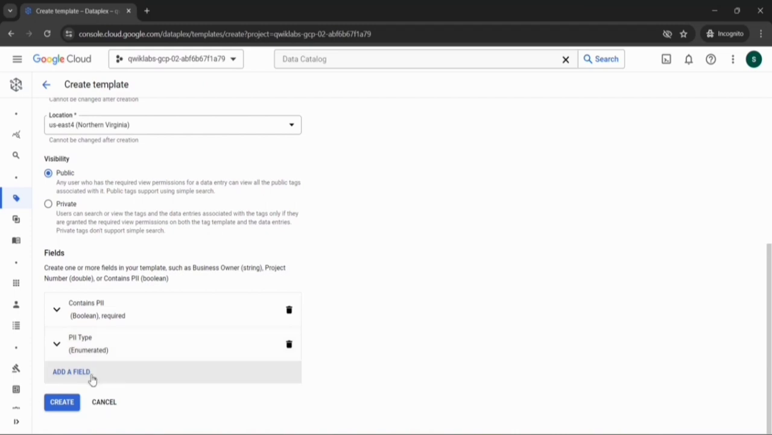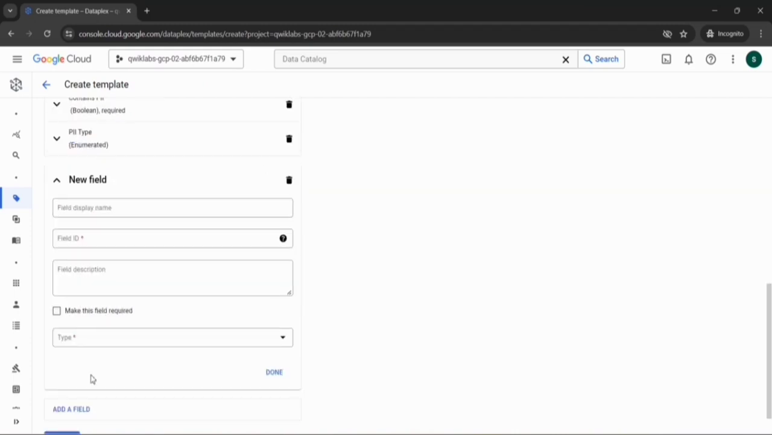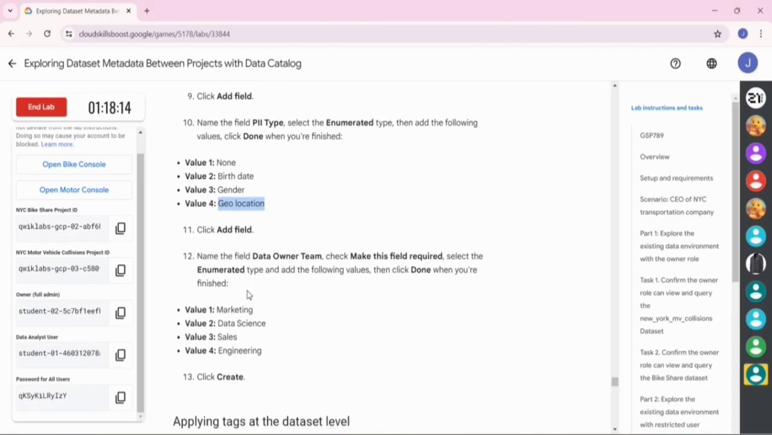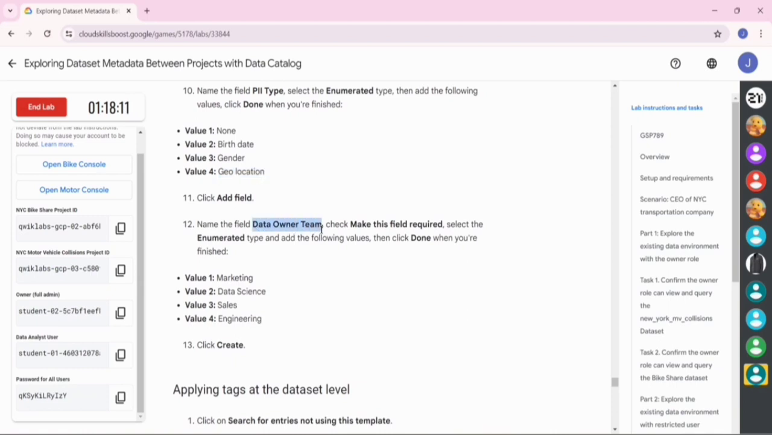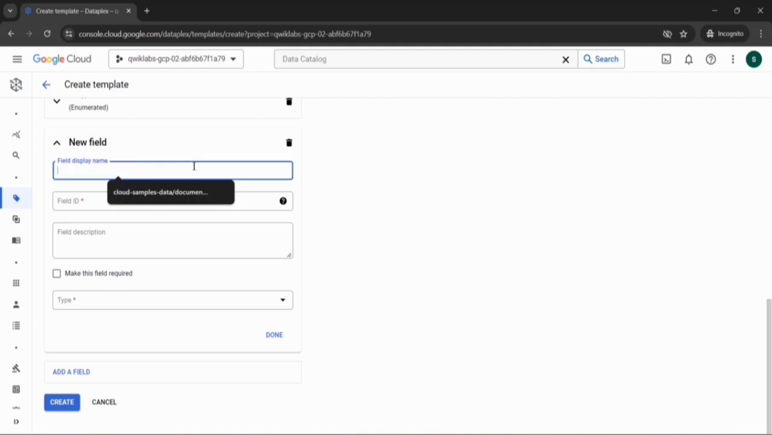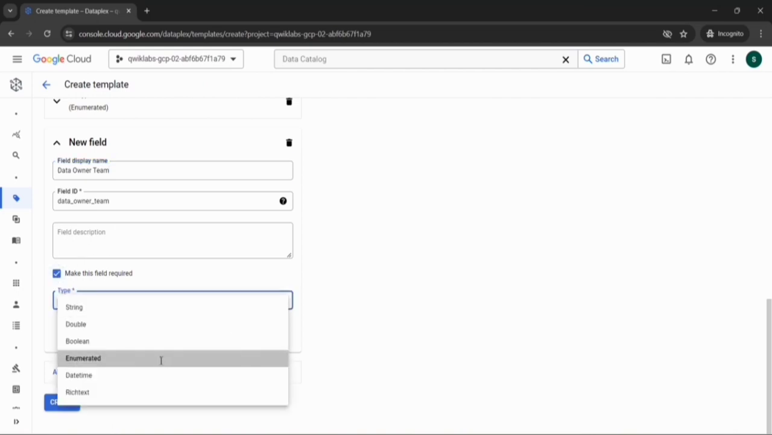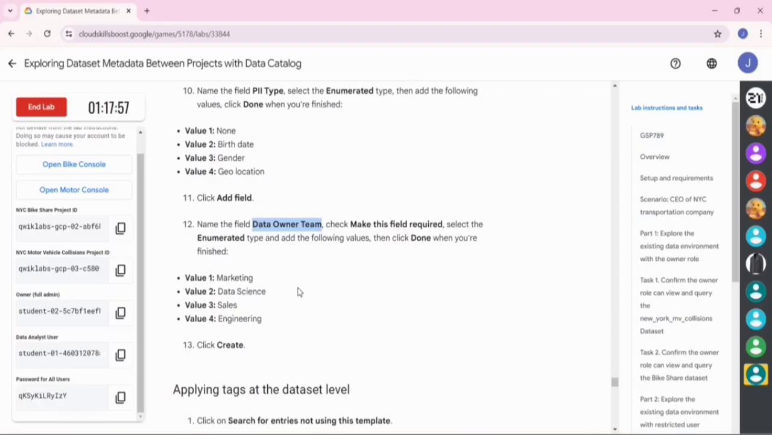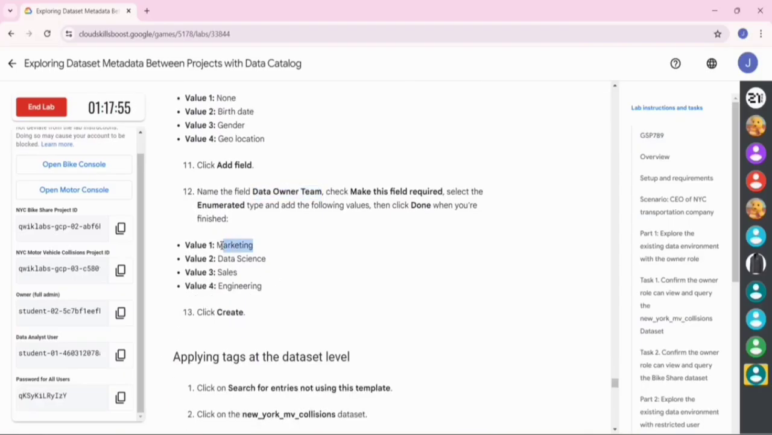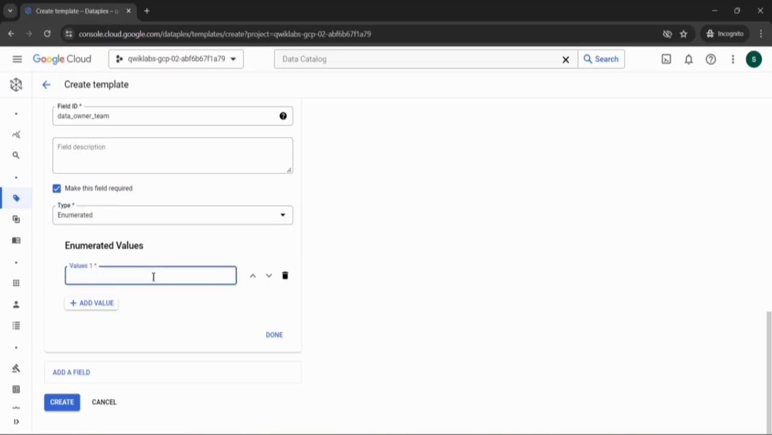Now we have to add another field. For that, click on the add field. Now go back to the lab instruction, copy this data owner team and paste it in the field display name. Now click on make this field required. Now for the type, select enumerated. Now for the value, go back to the lab instruction, copy these 4 values and paste it in the value placeholder. Now click on add value